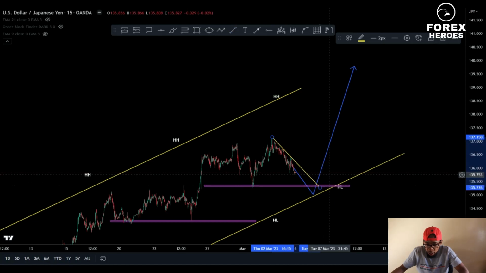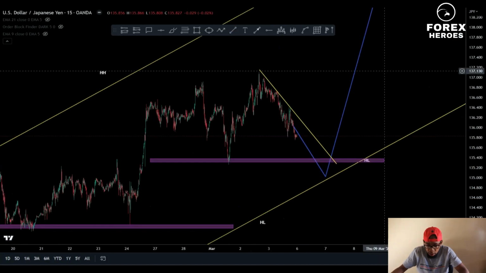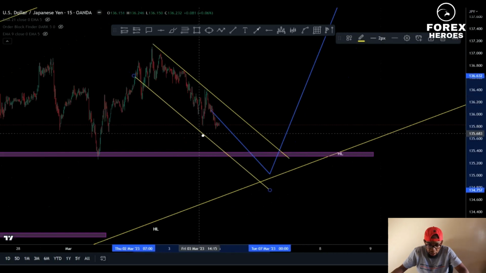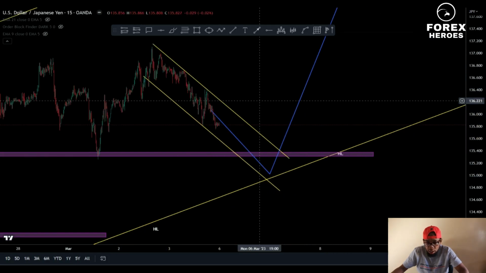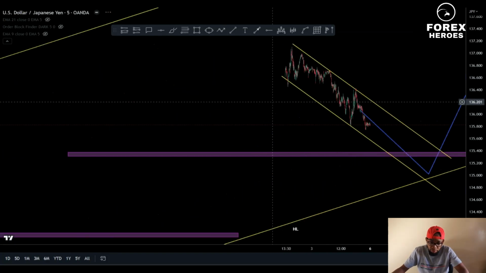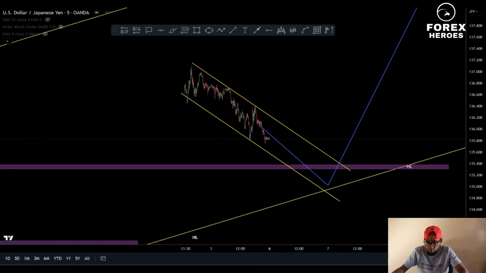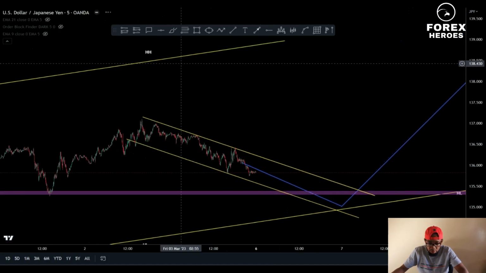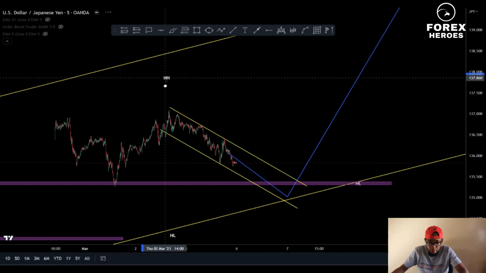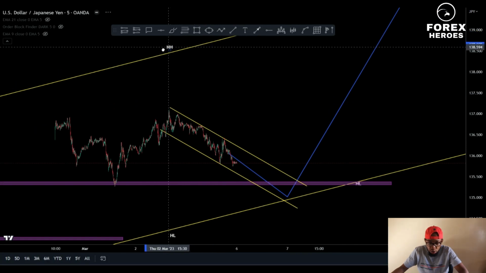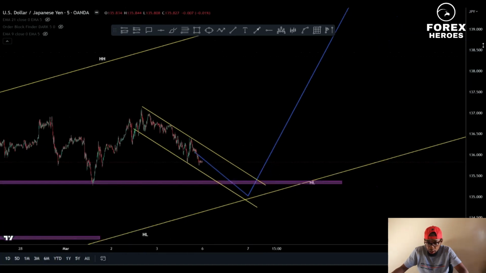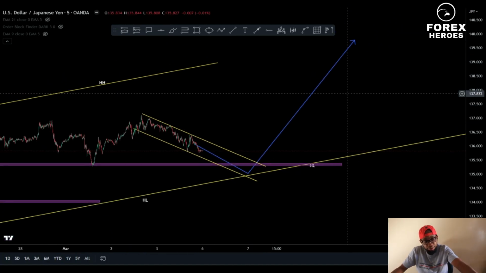So this is what I'm currently having. Let me zoom in and use my patterns. I'm on 15 minutes, okay, I can use this. And then now I'm going to go to 5 minutes. It's possible for the market to end here or also go up a little bit. So let me just put it here. Now I'm on M5.